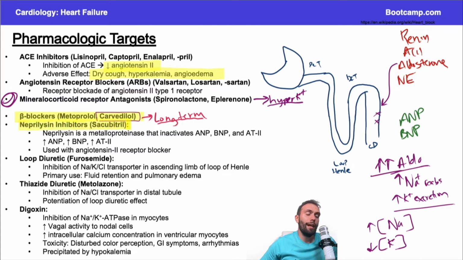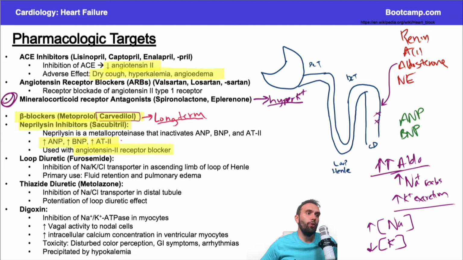Sacubitril, we actually talked about this a lot in the RAS videos. The big thing I just want you to remember here is that these neprilysin inhibitors can increase ANP, BNP, which is great because those are the good guys, but it can also increase angiotensin II levels. And so when you give them this drug, you have to give them the angiotensin II receptor blocker with it